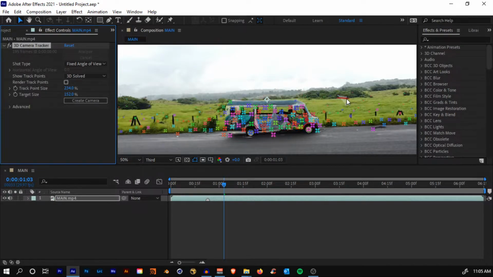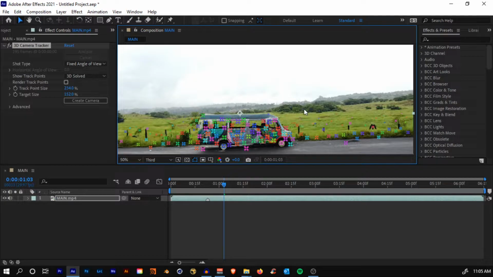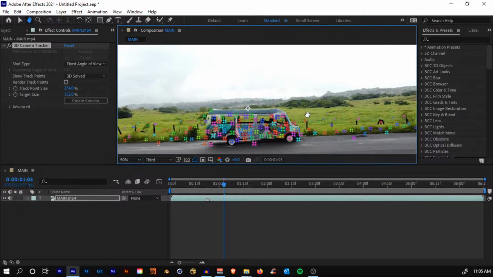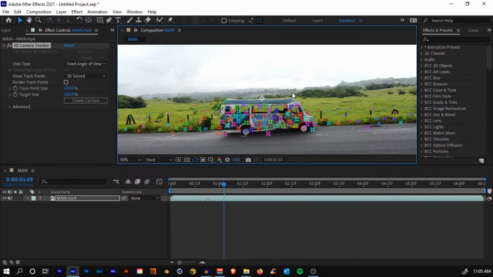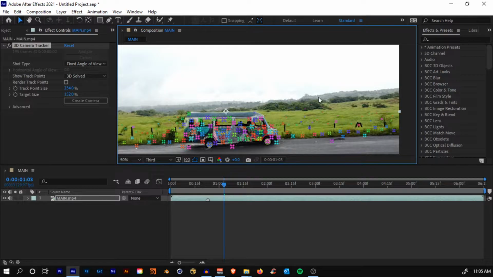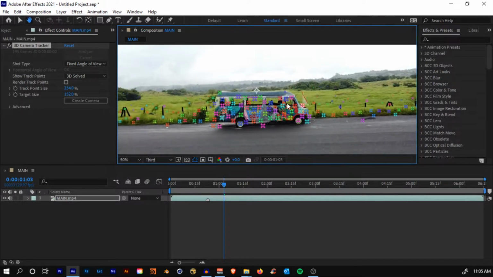Okay, the first thing that we'll do is set up a few tracking points for a sky, and also near the bus. One in the background where our sky will be placed, and one in the foreground where we'll later replace the windows. By the way, wait one second, let me import the final video so you'll get an idea of how the workflow will be. Just hang on for a minute.